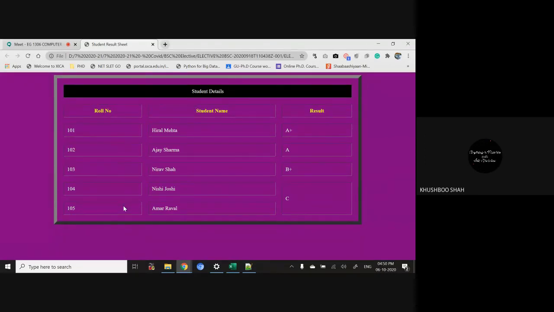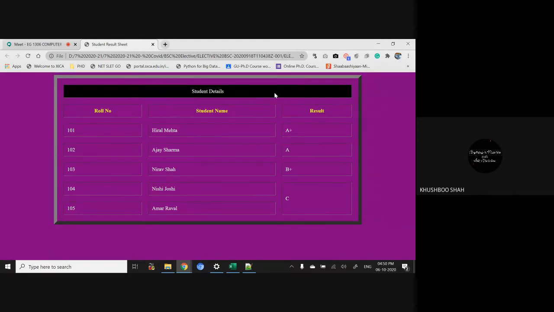Total 7 rows are there. And the second row, roll number, student name and result, is my heading part. But this is student detail. It's a normal row, but if you notice, there is no partition of the column here. It is a single row, not split into columns, right?